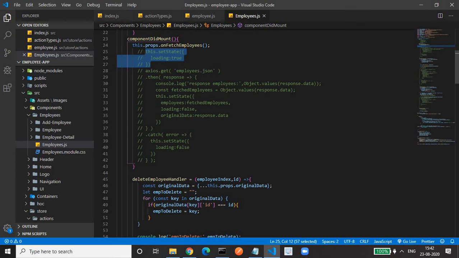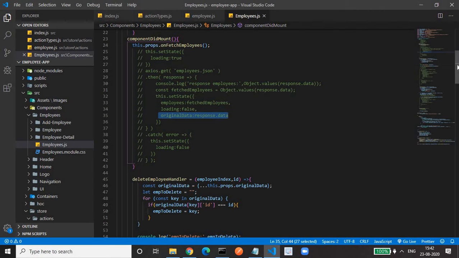Once it gets fetched, we are making this loading as false, along with updating employees as whatever response we are getting from the database, along with the original data also. All the stuff we are doing here, right? This everything we move to our